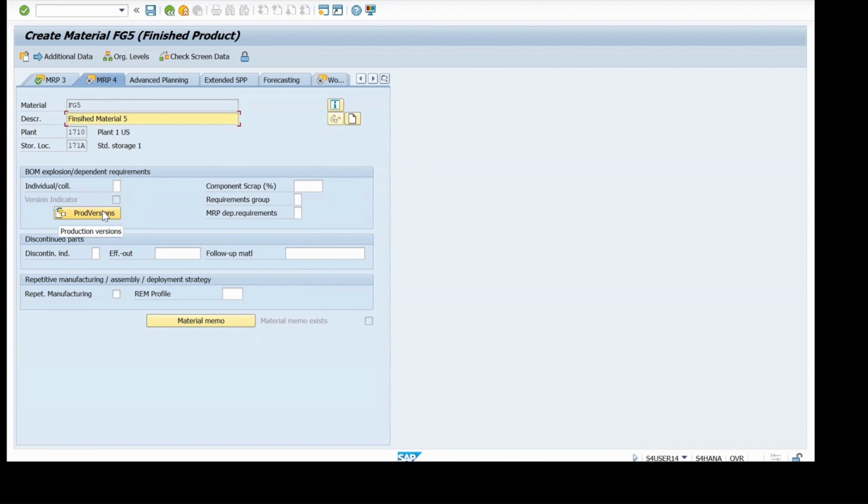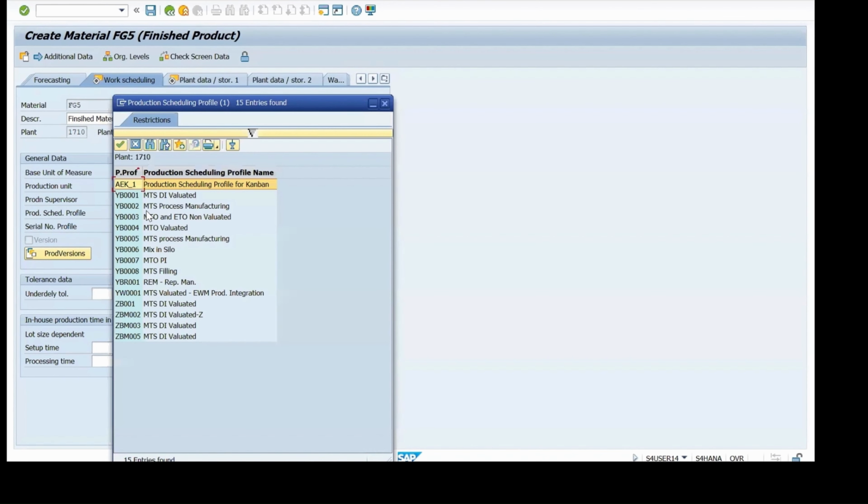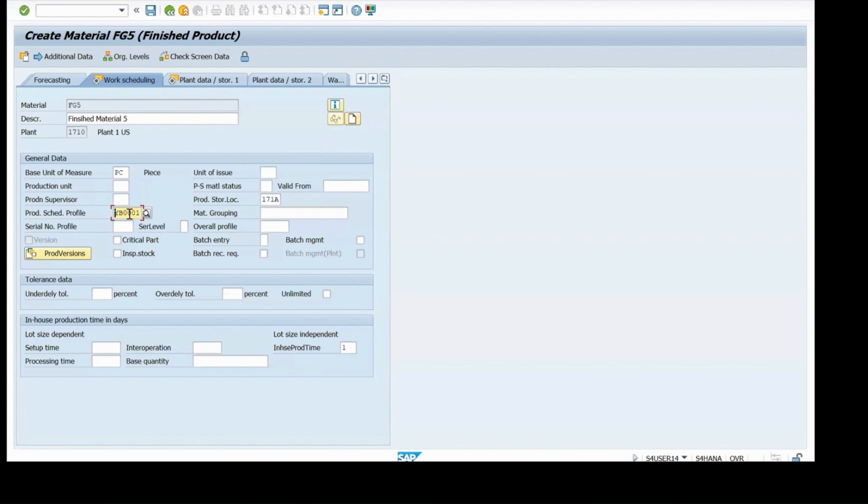And production version, we will maintain it at a later stage, and nothing is mandatory as of now. Press enter to continue from here. In the work scheduling view, production scheduling profile is better to maintain, and it is mandatory. I mean, better to maintain because it will have certain parameters which are linked to this one. Because it is a discrete manufacturing, I'm using SAP best practices